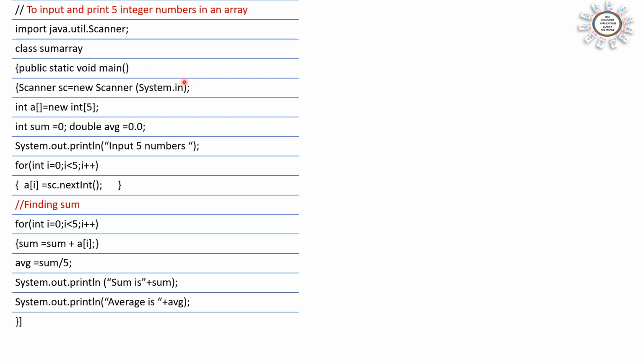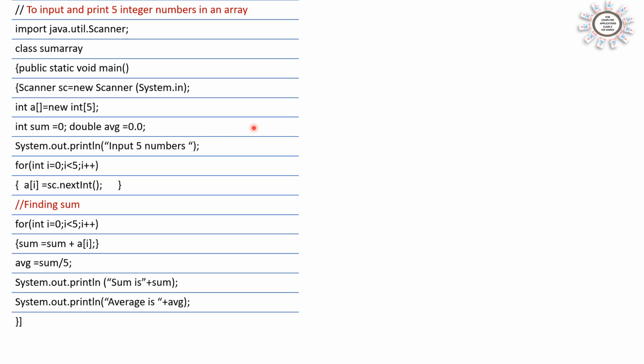After completing the Scanner class object declaration, the first thing to do is declare the array in which we have to accept the elements. So 5 elements we have to accept in an integer array. So we are declaring int a[], where the brackets mean it is an array. int a[] is equal to new int[5]. That means in the array a, 5 elements can be stored. So the array is declared here, and now declare the variables: sum for finding the sum, and average for finding the average, double average is equal to 0.0.